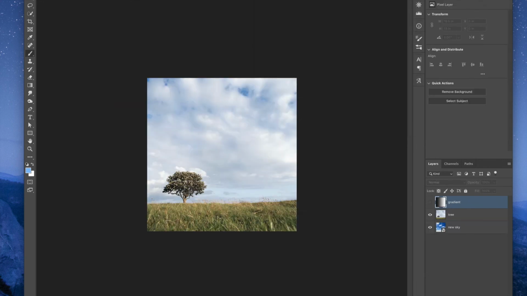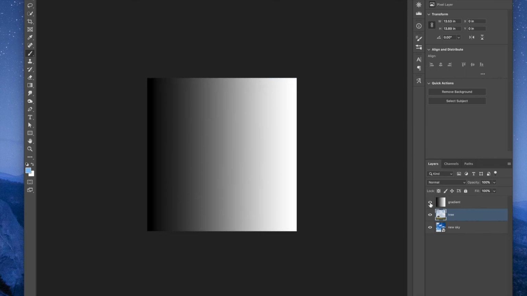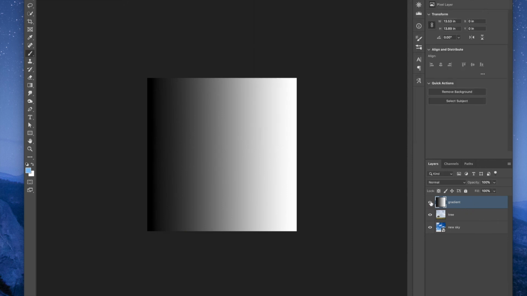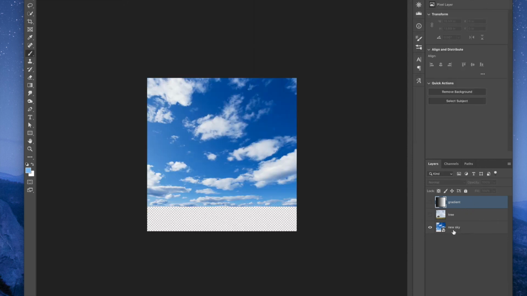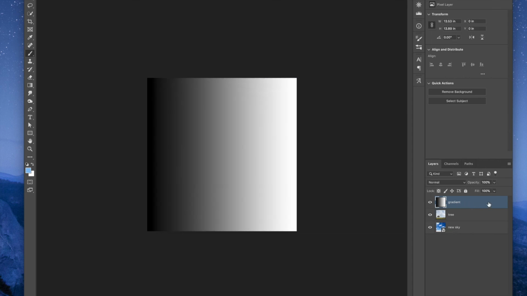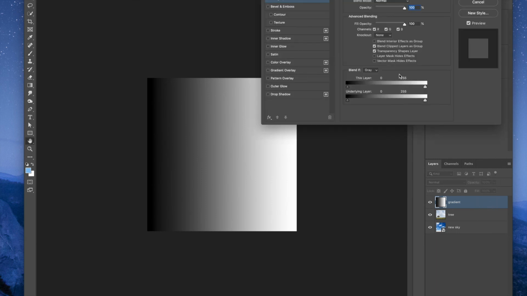In this tree grass masking, I wanted to show you all of it put together. So you could do that same thing. I've got this tree layer here, and this is just to show you values. Let me back up because I think I did that fast. I have a new sky layer, I have this layer with the tree on it, and then I have a gradient layer. If I double click the gradient layer to bring up the layer style dialog box,